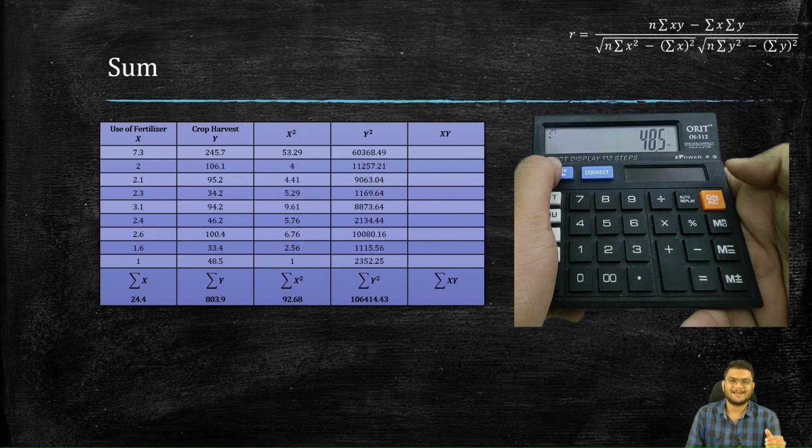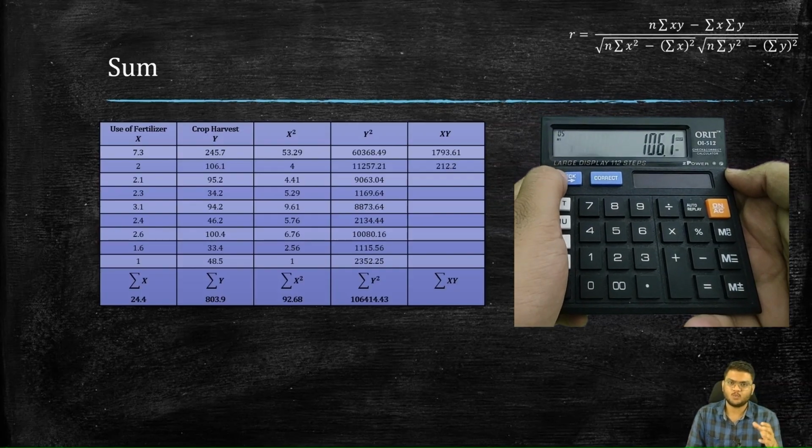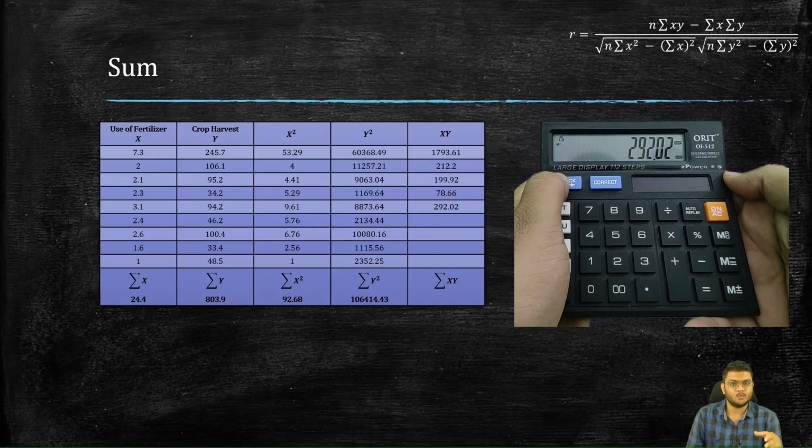Now here press the check button 3 times to get individual values and then press the MRC button to get the sigma xy values. So let's do that pretty quick. So the first value is 1793.61, the next value is 212.2, the third value is 199.92, next value is 78.66, the next value is 292.02,